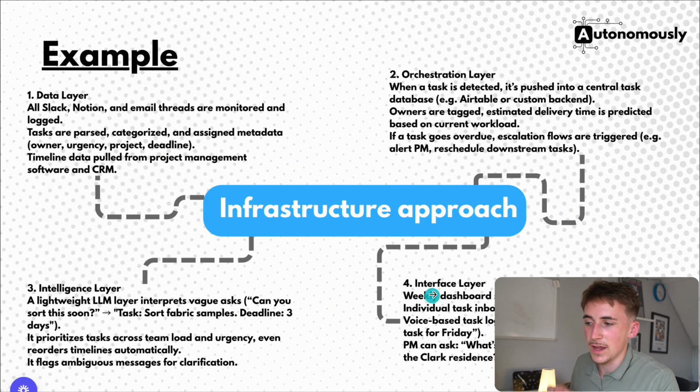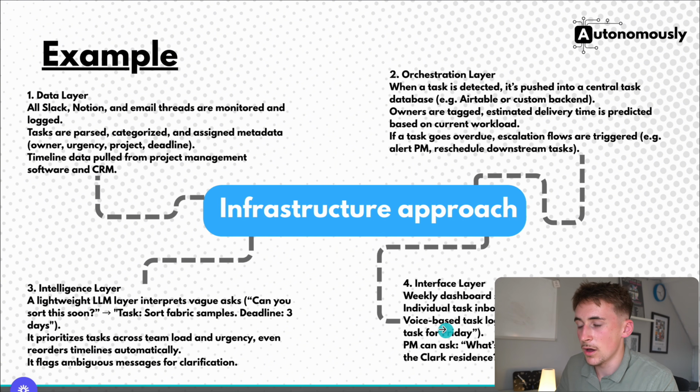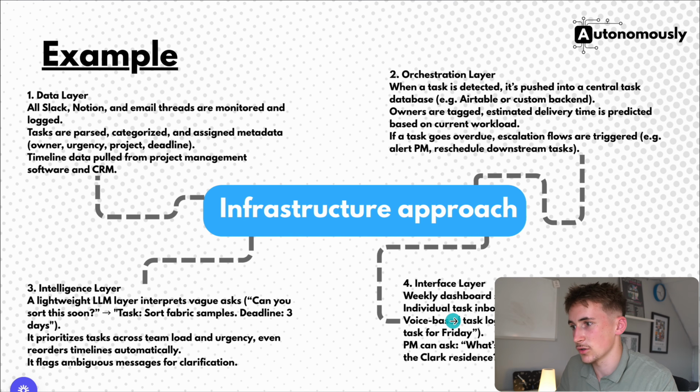And then the fourth, we could have an interface layer that might look like a weekly dashboard sent via Slack and email, individual task inboxes, voice-based task logging like, hey, log a new client install task for Friday, or a private message to the agent saying what's overdue and blocking progress on the Clark residence. So the point of contact is really nice with these infrastructure approaches, to have custom dashboards and custom interfaces to be able to talk with the agent or check on analytics, that kind of stuff. So you can see from here, this is building actual infrastructure in the business